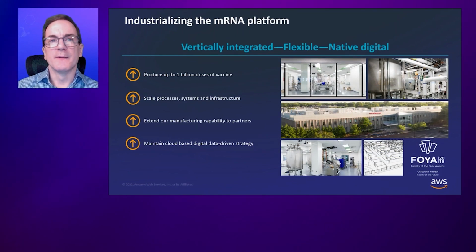Our manufacturing site was built to accelerate the potential of the mRNA platform. The site was designed to be high product mix, high throughput manufacturing, and since its inception in 2018, prior to COVID, we have produced material for more than 15 clinical trials. The site won the 2019 International Society of Pharmaceutical Engineers Facility of the Future Award. According to ISPE, the three things that differentiated the site were